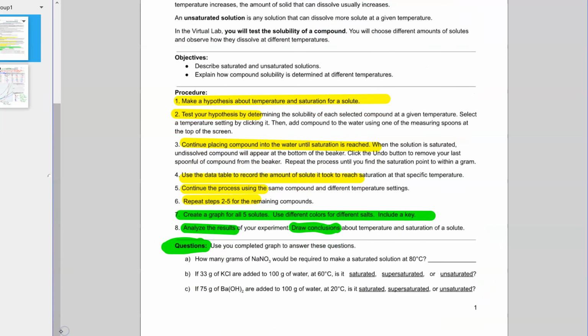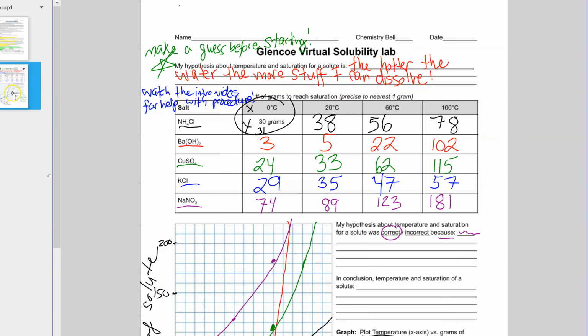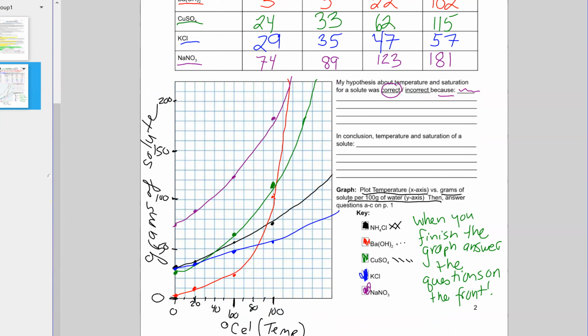So on the first page, it says, how many grams of sodium nitrate, that's the last one we were using, sodium nitrate, will be required to make a saturated solution at 80. So here's what we can do. We want to find 80 on our graph. So here's 80. And we want to find where that intersects with our sodium nitrate line. So if we look right here,